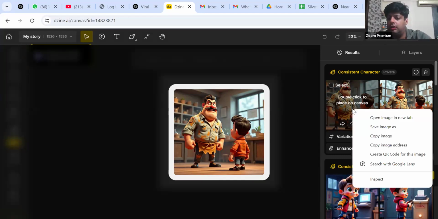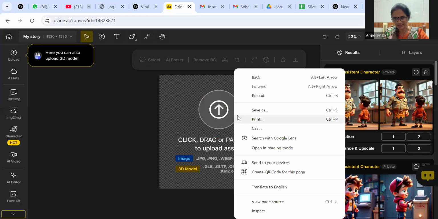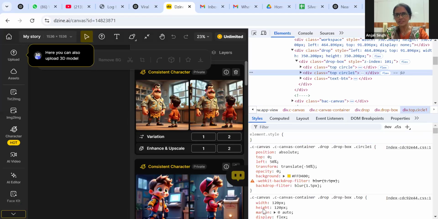Right click in the picture. Yes, inspect. Inspect. Go to the first thing, the first one in the menu, the dotted one.